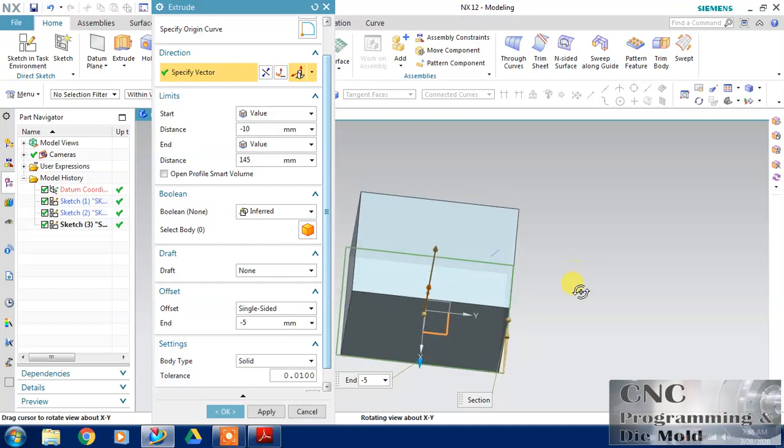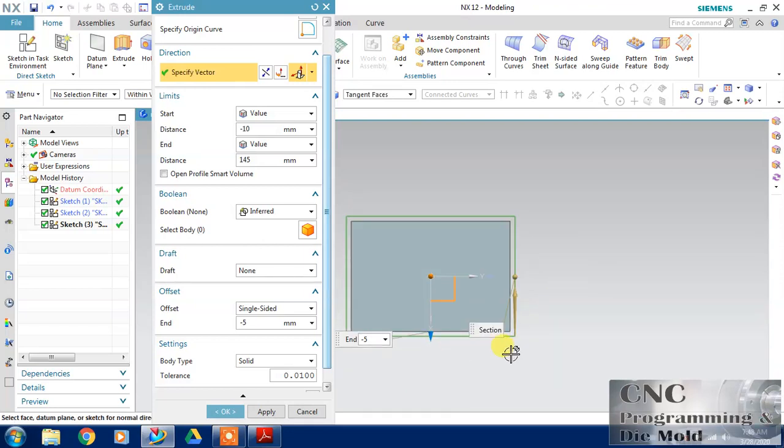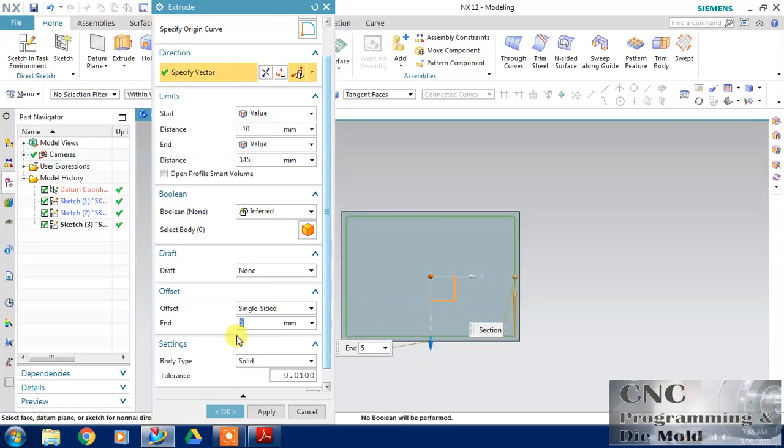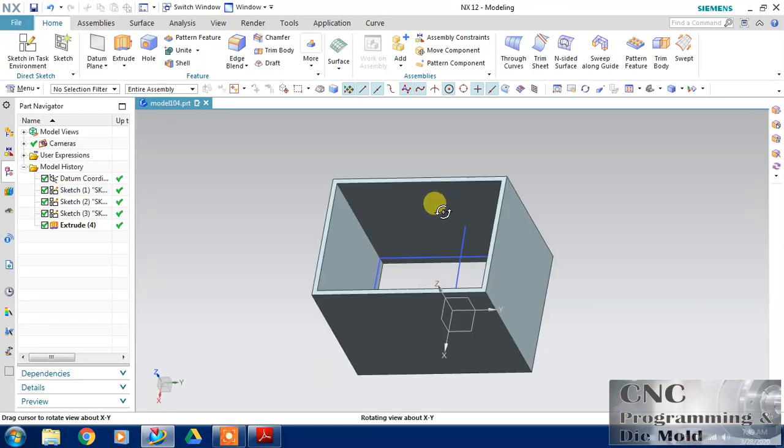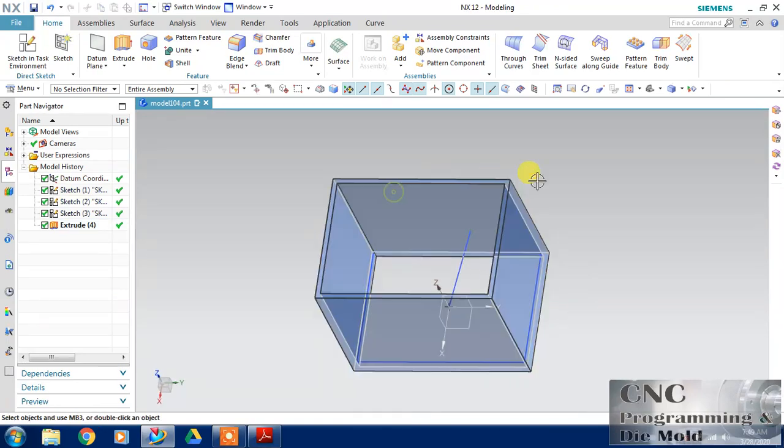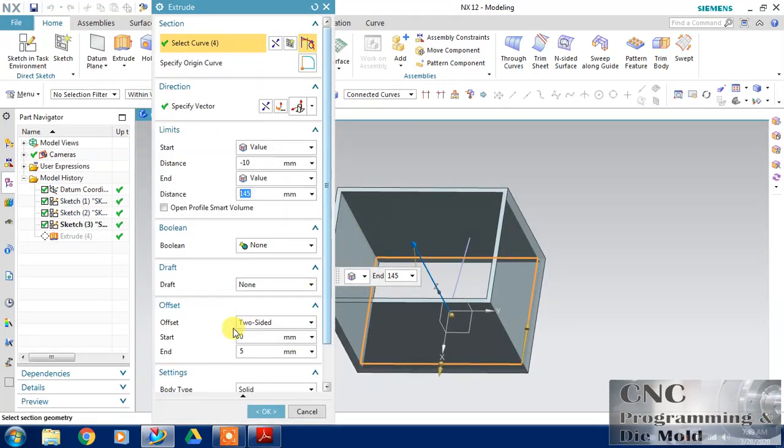So you can see the real preview. Okay, just type 5, it will offset outside the sketch, or two-sided. So start inside it is 0 and outside it is 5. So a thin feature will be created with the help of this offset.